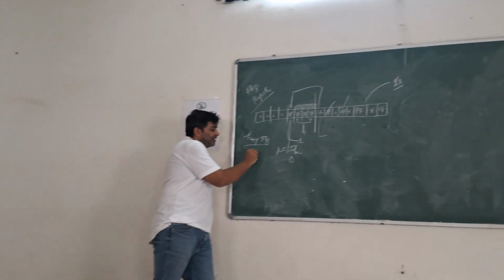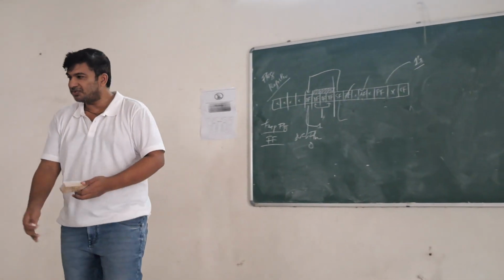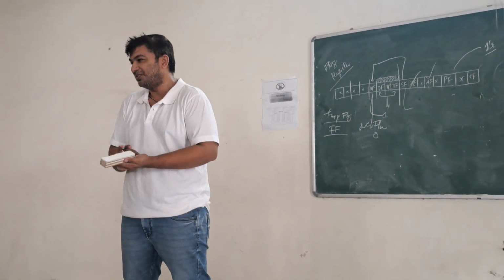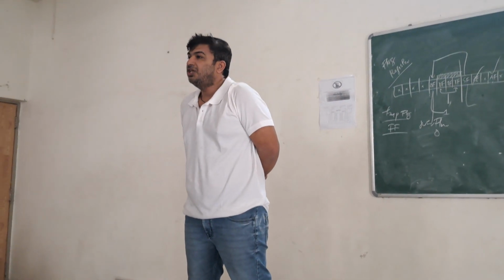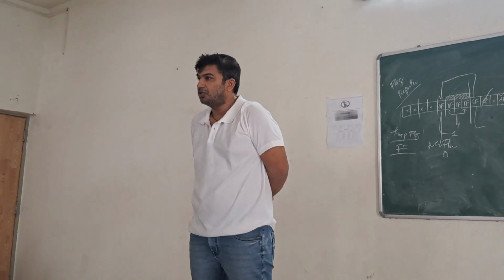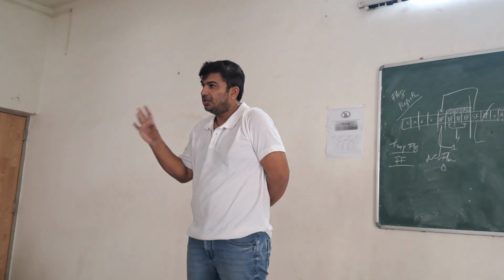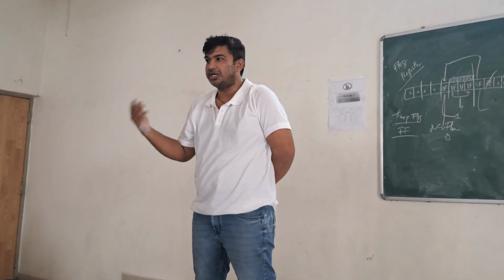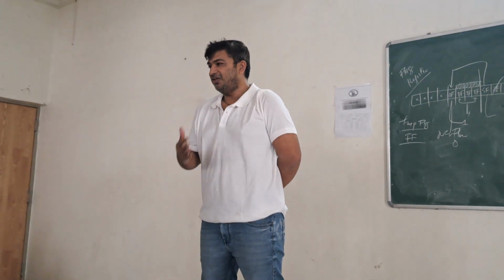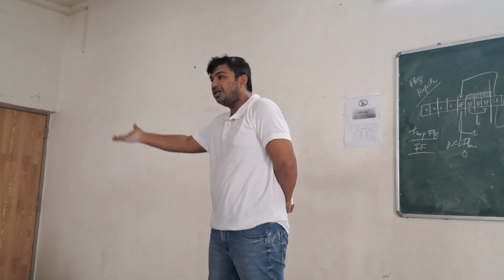Understand? Next is IF. IF is the interrupt flag, which comes twice in today's lecture, right? Now, like the trap flag, the interrupt flag is again your choice. If by default it is 0, that means you are allowing all the interrupts. If I set my interrupt flag equal to 1, I am not allowing any other interrupt to come.